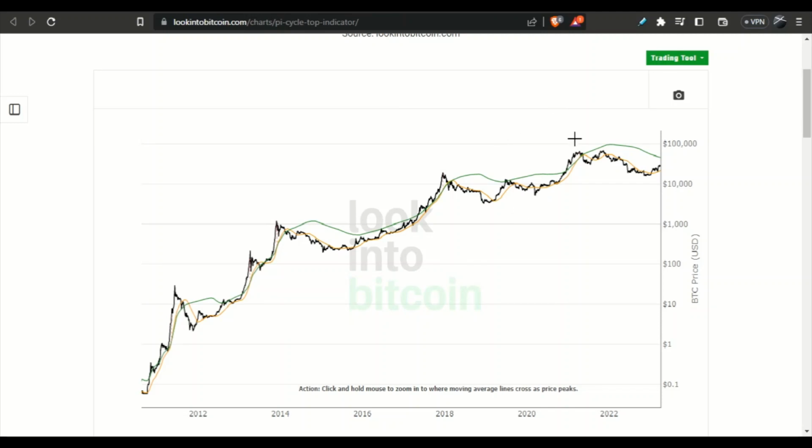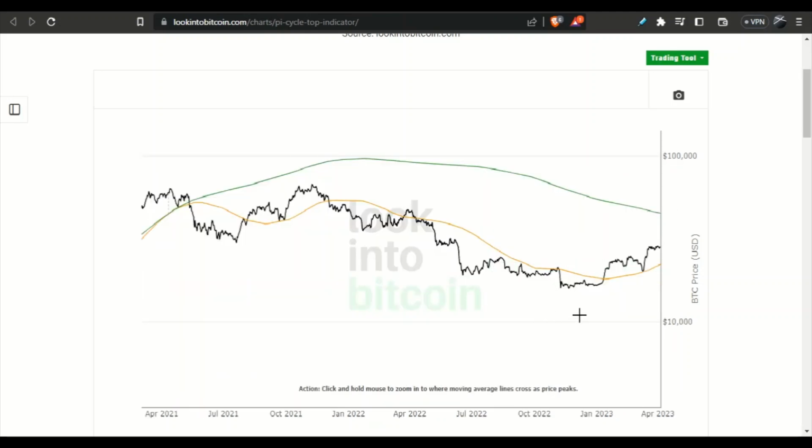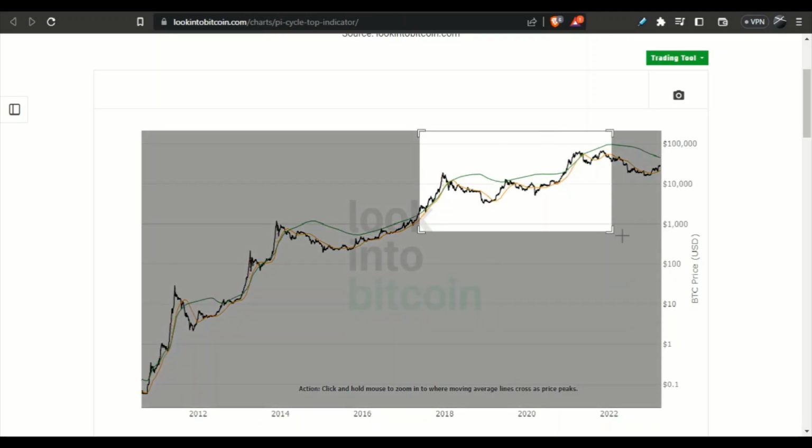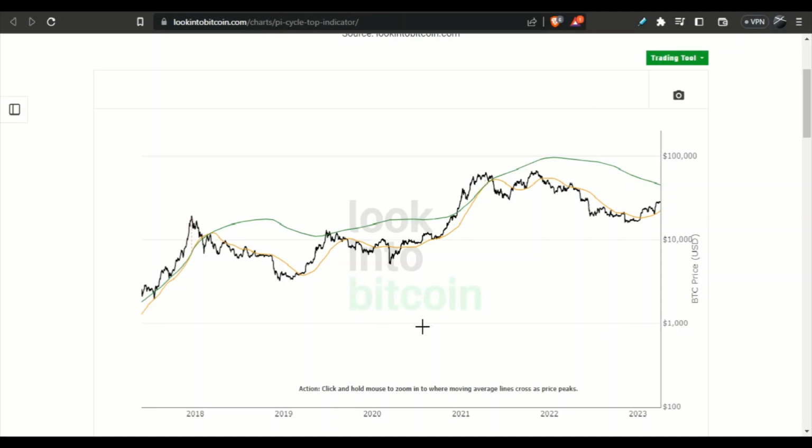And currently we are here. So currently notice the gap between orange and green. So this is where we are, still way too far from even approaching green. So if we want to take a bigger time frame or bigger look so that we can compare, okay, so